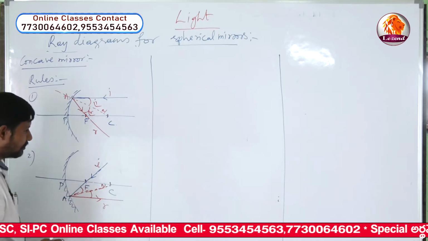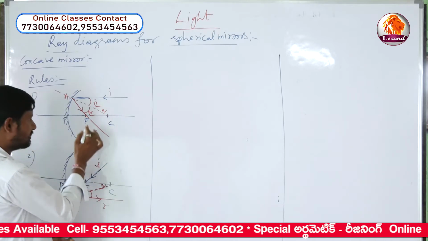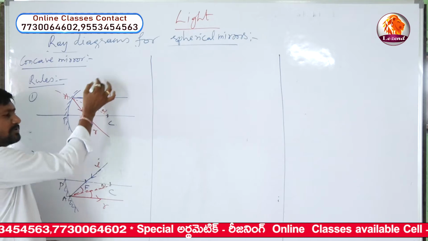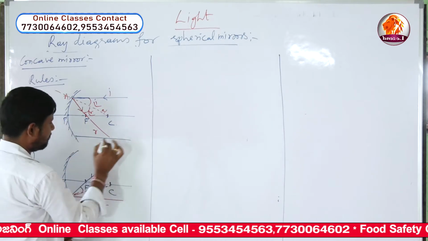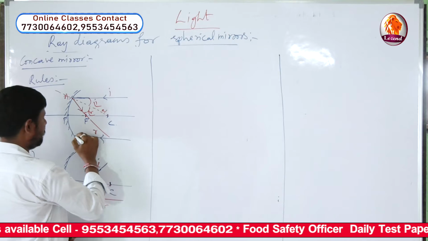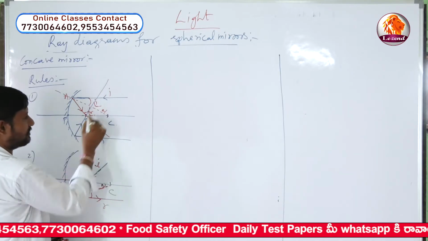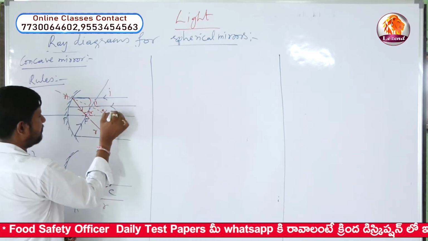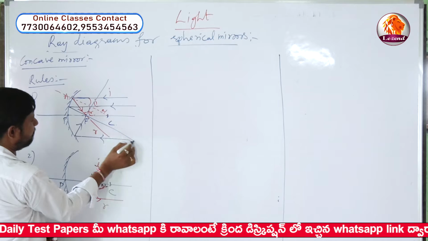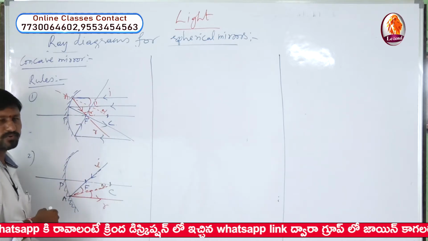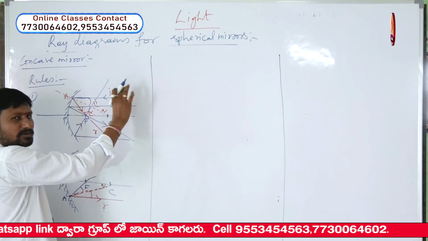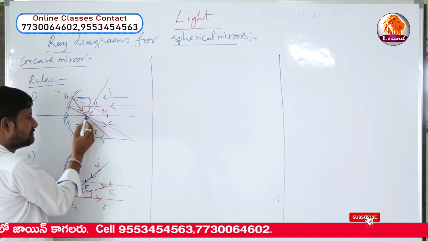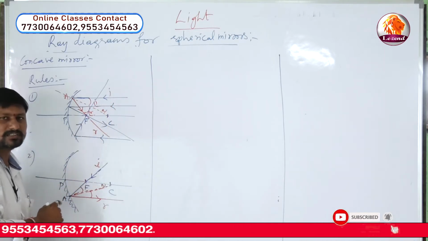Okay. So it does not mean that we can take incident ray only above the principal axis. We can also take from below also, like this. See here, incident ray, if you take this, reflected ray will be this now. Not only this, you can take another light ray. Incident ray, this also travels after reflection through principal focus. So any light ray above or below which is parallel to the principal axis, after reflection, travels through its focus. This is first rule.